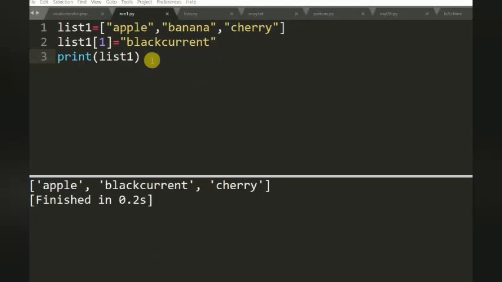If I want to add a new thing at a specified location, I use the insert function. The syntax will be like this.